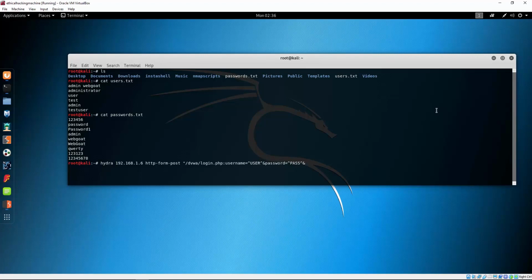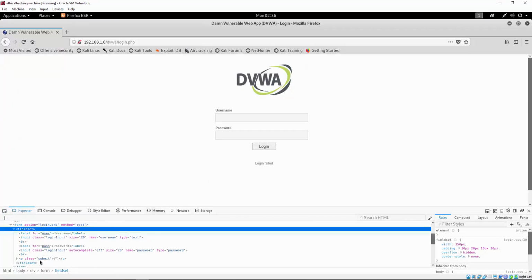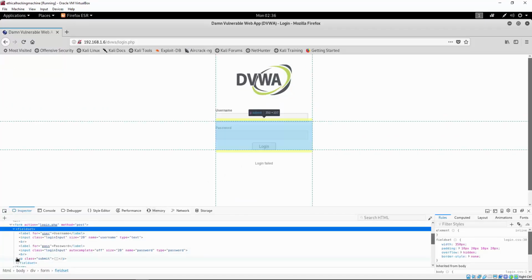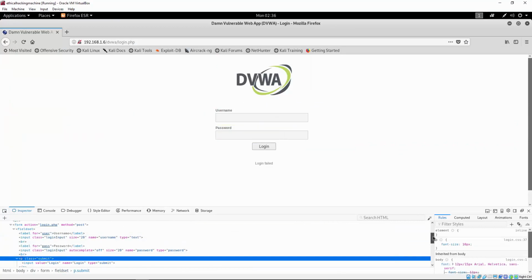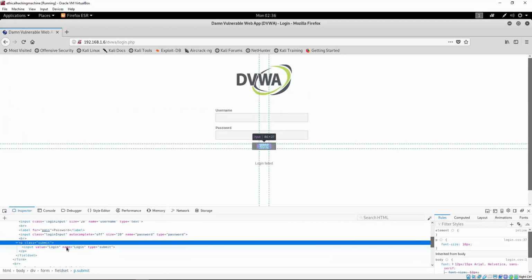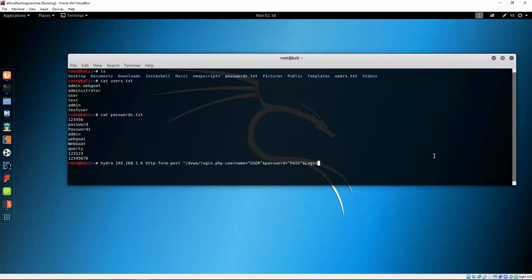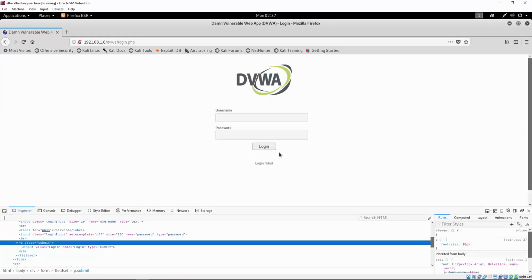and then we want to specify the login button, which is called login, as we can see right here. So as we can see the submit, we should type here submit equals login or login equals submit, since the name of the button itself is login and the action is submit. So let us just type that, login equals submit, and then we specify another two dots, which means to divide these sections, and we specify the string that we get once we provide a wrong username and password, which is login failed. So let us just copy this,